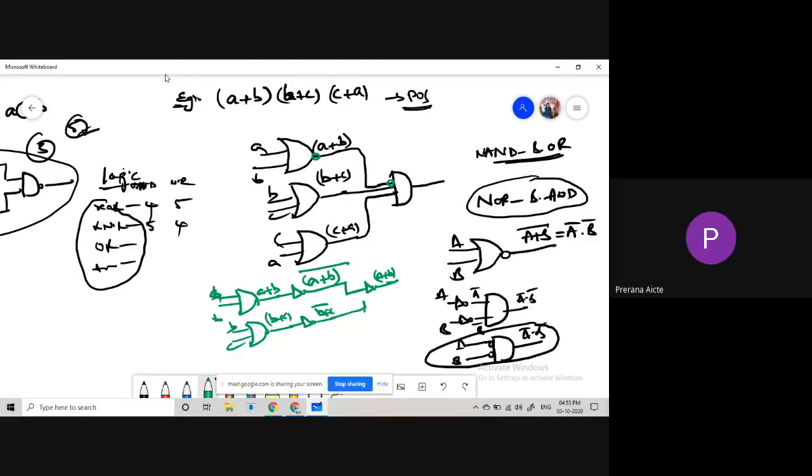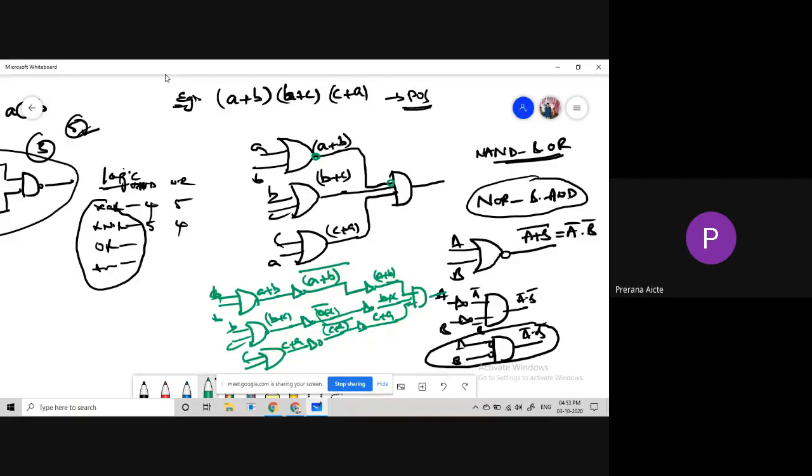Again we are taking one of the NOT gate, B plus B C plus C. Same procedure for CA, so you are getting C plus A. If you are getting NOT gate, C A plus A, whole bar, again we are using one of the NOT gate. It becomes C plus C A plus A only. Then these three are given to AND gate.